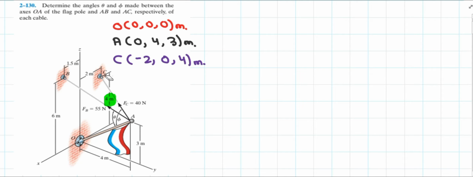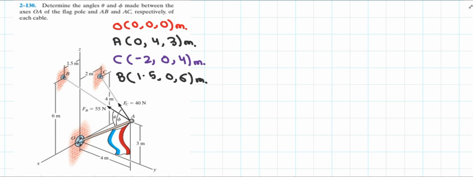So our last point is the location of point B. Without any delay, just write down the location of point B. The point B is the sibling of the point C, and similarly this 1.5 meter distance is considered to be the x value of point B because it is indicated out of the page, and this 6 meter distance is considered to be the z value of point B, and it is the positive z value because it is indicated vertically upward. So the location of point B can be written as B (1.5, 0, 6) meter. This is the location of point B.